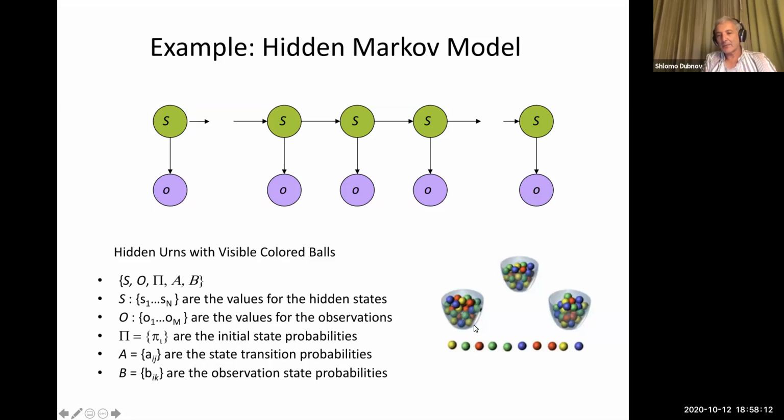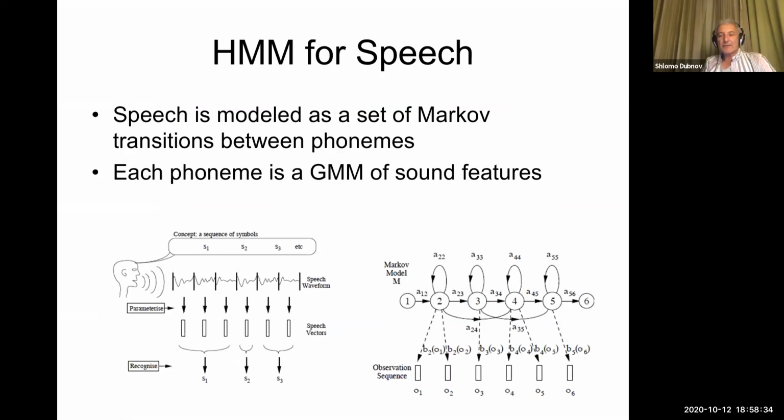I mean, this red ball can belong here and here and here. So this is the formal representation of all these hidden states and observations. There are these transition probabilities, emission probabilities. I will not explain these beyond just providing it here, but let me show an example where this makes sense. So for instance, speech